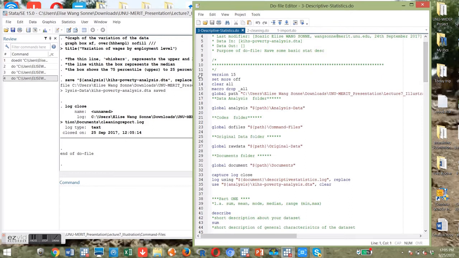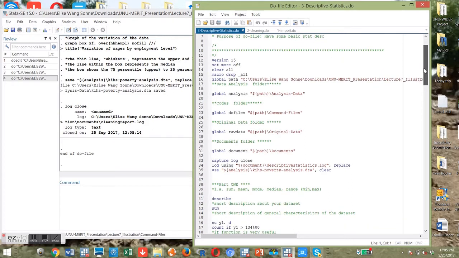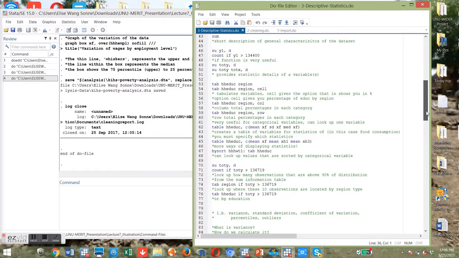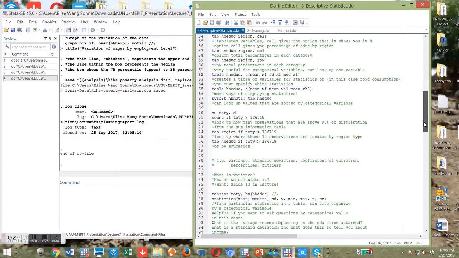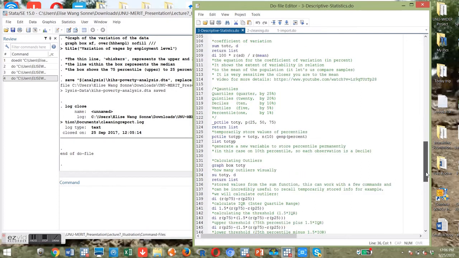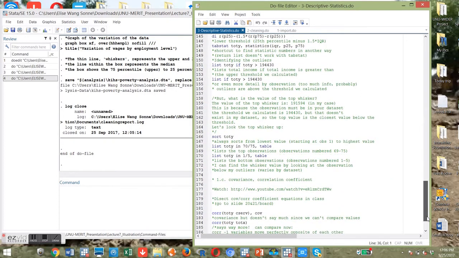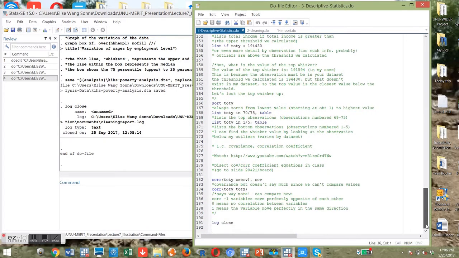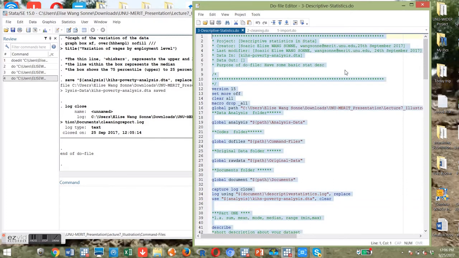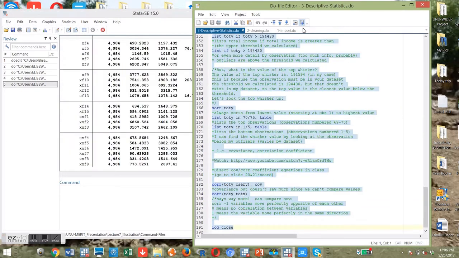So what we're going to do, again, we have the header, the same thing doesn't change. The only difference is that here we are using already the clean data set, and it is on the clean data set that we are going to do the descriptive statistics. So we're going to generate tables, tabulation, look at potentially percentiles, so doing even correlation analysis, look at the correlation, expenses, household income, and everything. So what we do here, the same, we run the do file,